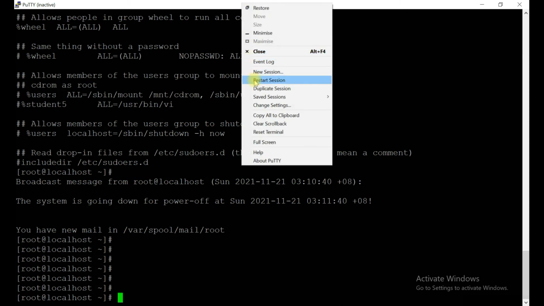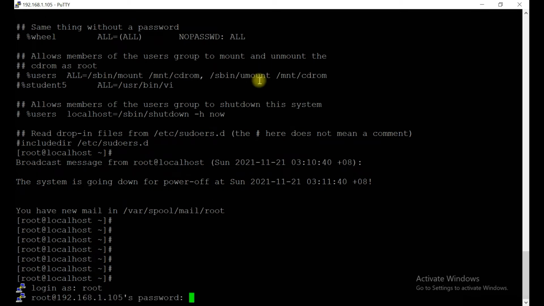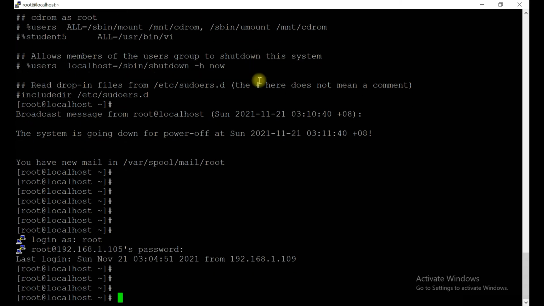Let's see whether the session is visible to you or not. I think it's going to take a few seconds. Let's restart it again. Root. Okay,